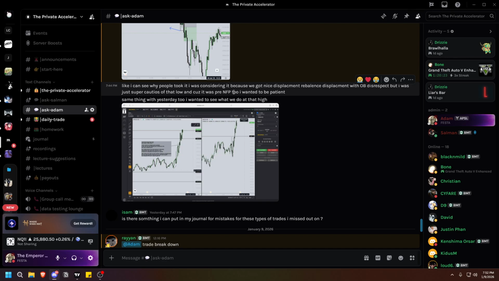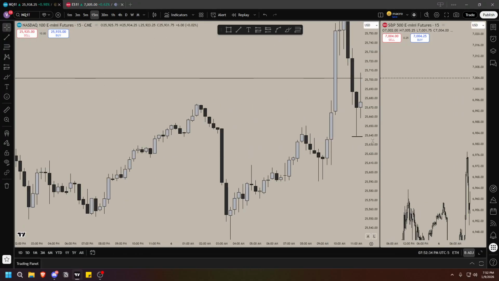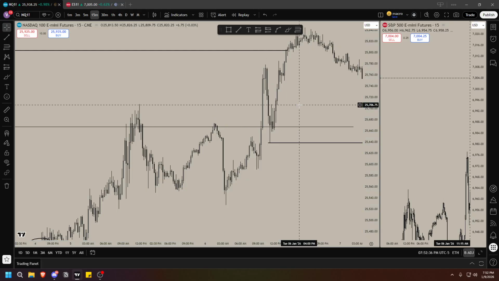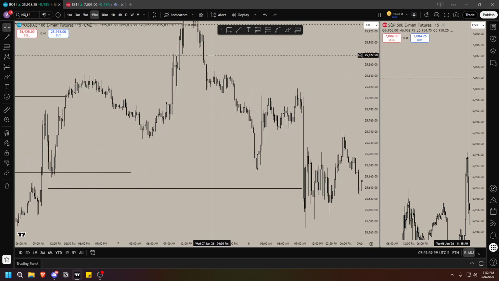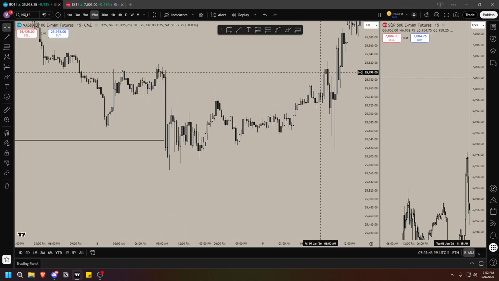Pre-NFP only gives bad price when, for example, we don't have any DOLs, when price already took out everything, when price has no objective to go. For example, like today. Not today, yesterday, it gave us a nice dump. So when we dumped, we sold off Thursday, we rebalanced, all right? NFP is not going to do much.